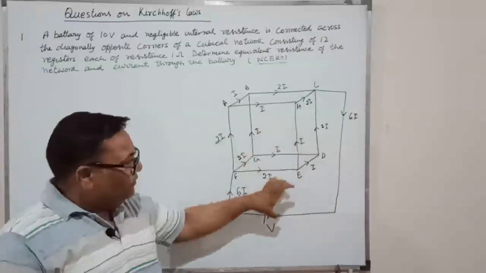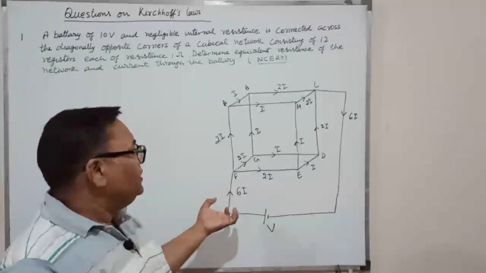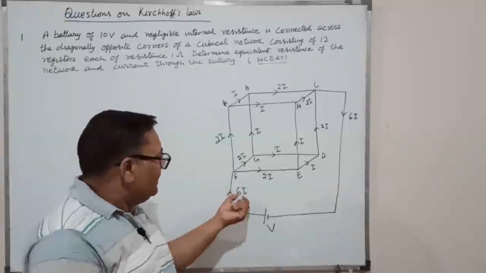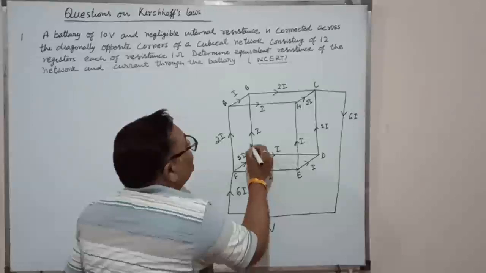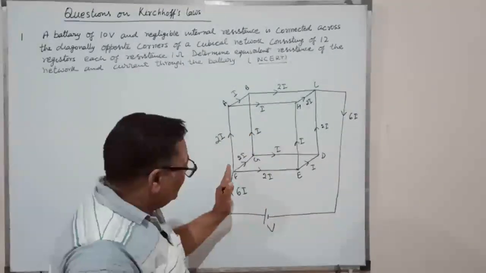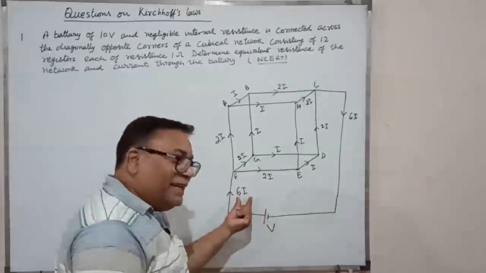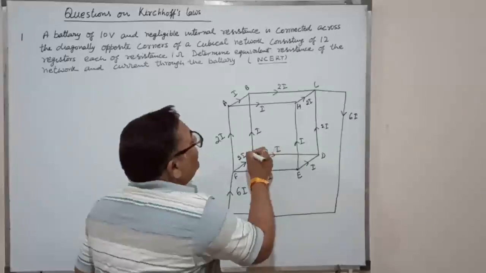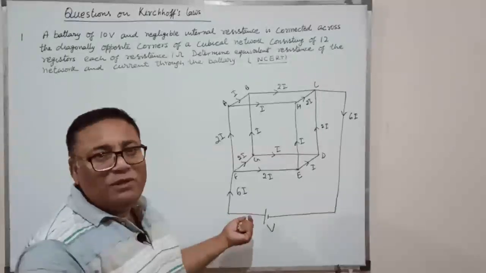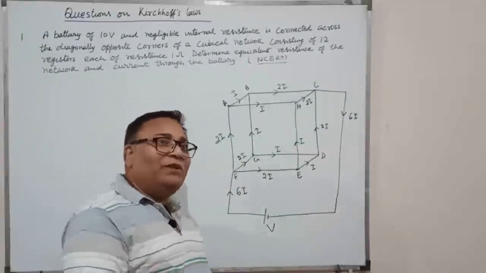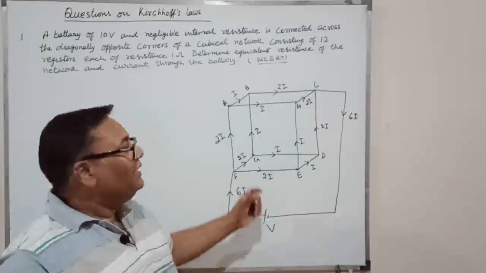So, on the basis of common potential, we consider that a few points are at the same potential. For example, this point, this point, this point. Therefore, there are equal currents. So we take 3I. But here again the current is distributed equally. So we take 2I, that is, the total current is 6I. In this distribution, we have introduced only one variable in this network. Clear?